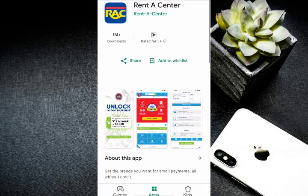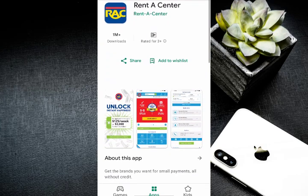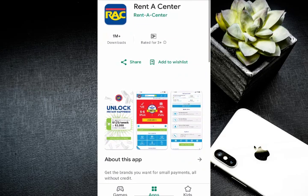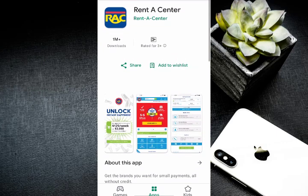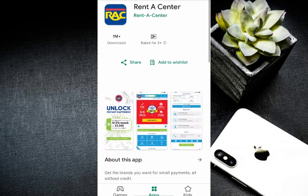In this video, I explain the Rent-A-Center app review to see if it is worth using. So to get started, in 2025, the Rent-A-Center app offers a simple way to manage rent-to-own items like furniture, electronics, and appliances. It lets users make payments, view agreements, track deliveries, and access special offers, all without needing a credit